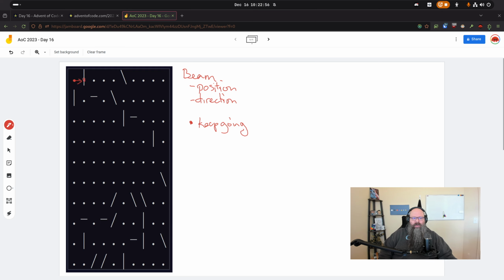that it's right here, we now have hit a splitter. So we want to ask ourselves, what do we want to do when we've hit a splitter? More importantly, what do we do when we've hit a splitter that's in this direction? So we can say, okay, if I'm at this position, I'm on a splitter and I'm going... how do I do this? If there's a dot, it's this. I didn't do that very well. So if it's a dot, it's this. If it's this, and we're going left or right,